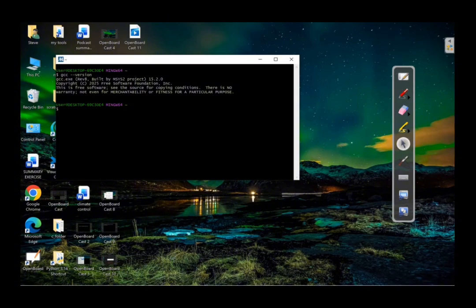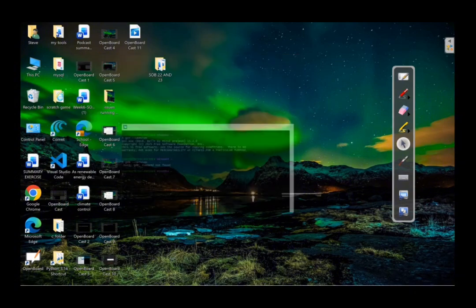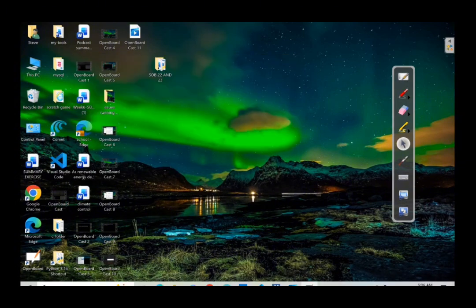So if you want to check your GDB version, it says command not found because I don't have GDB. That is what it's going to say if you don't have it, and that's why I'm having command not found. And after installing, the next thing we need to do,